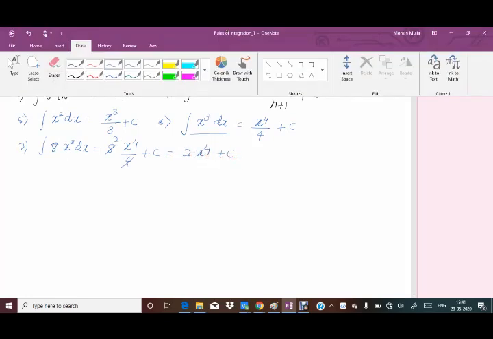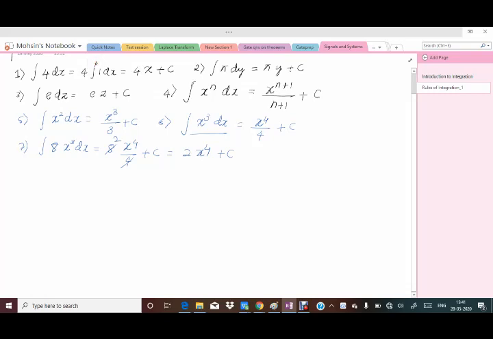Likewise, if we have a different term, say the integration of 5 times x raised to 6 dx. Here 5 is going to come out as a constant, then x will be raised to power 7 and the denominator will be 7, then plus c. Here 5 by 7 can't be simplified further, so let us keep it at that value. Similarly, if I have another example, say 7x dx, then what I'm going to get is 7 times x square by 2 plus c.